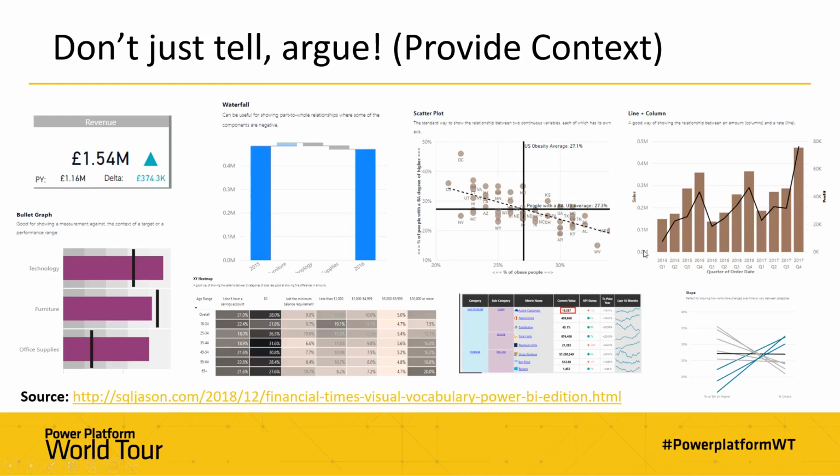context. Line and column is to be able to then show metrics as the context for, say, a growth value or a percentage value or something else that's actually on a different scale to your ordinary values, and you can show those potentially as a line, but be careful with this because it can be quite confusing having the secondary axes. And slopes are like line graphs, but only show 2 points at the start and the end. So then what you're really focusing on is kind of just what that movement is, and comparing that across categories.